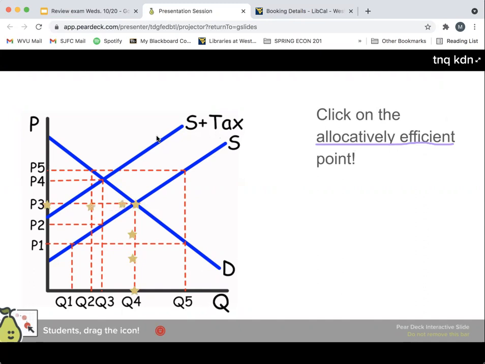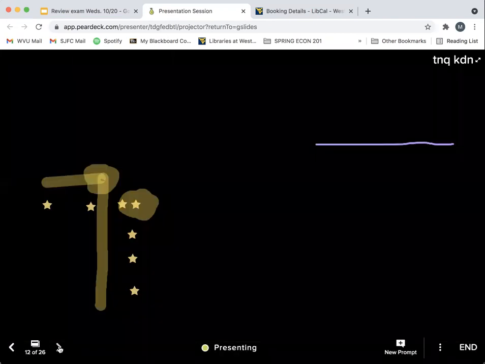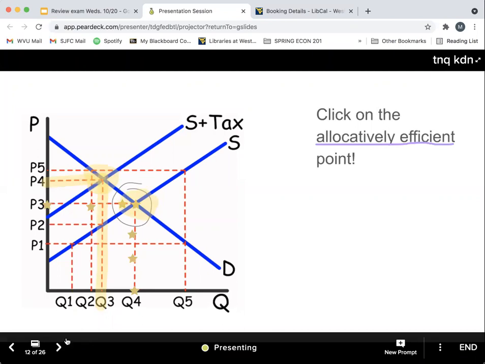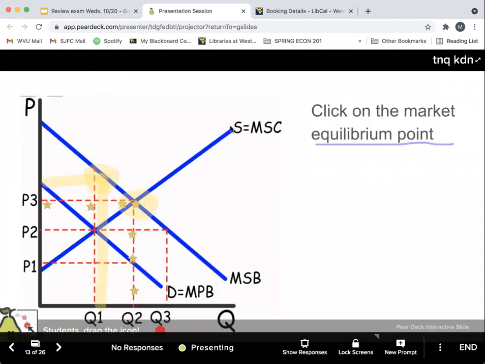Now we come in, we're throwing this tax in, and so our new equilibrium is going to be, instead of at Q4 P3, we are now at Q3 P4. So higher price, less quantity at that amount. Okay, so this is our allocatively efficient point, and after the tax, this is going to be that equilibrium. All right. So we can see once again, that's our allocatively efficient point. All right,